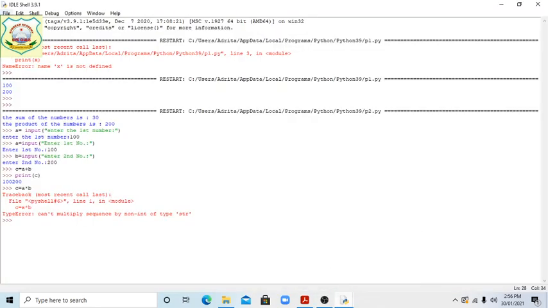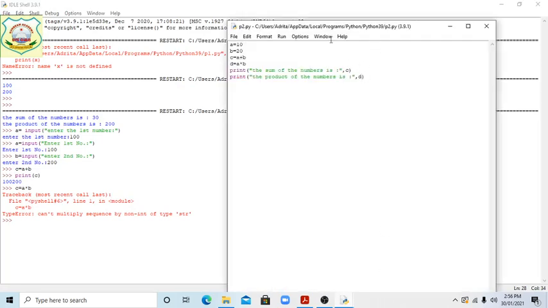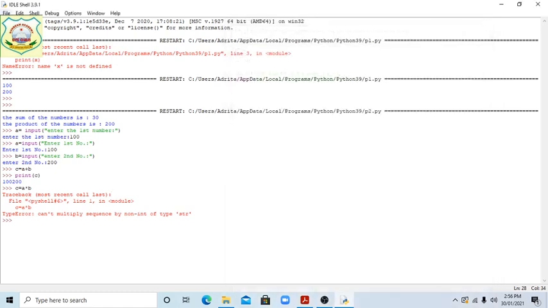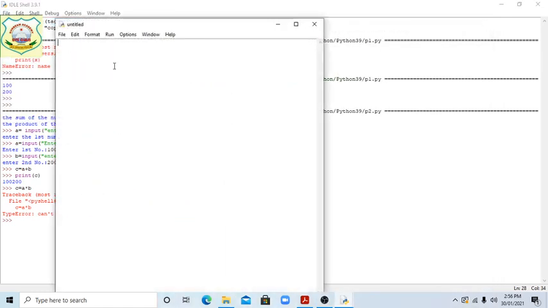Now we have already new file. Okay, file and new file. Now I'm taking new file. Okay, so a equal input with type of integer, because it is always taken as a string. So now I'm writing input integer.